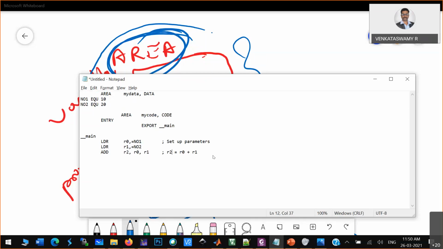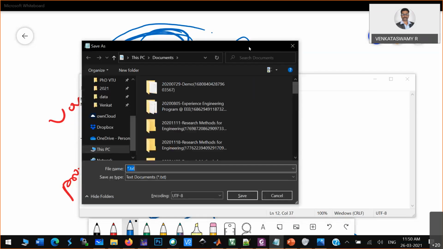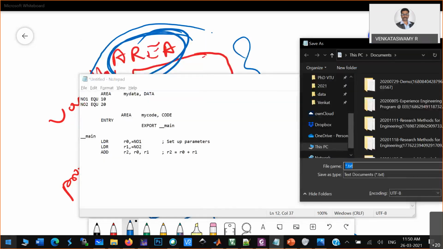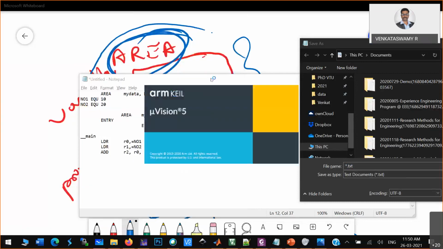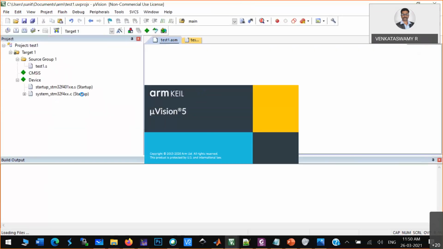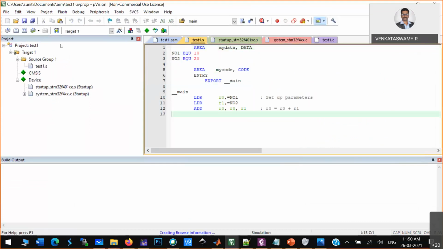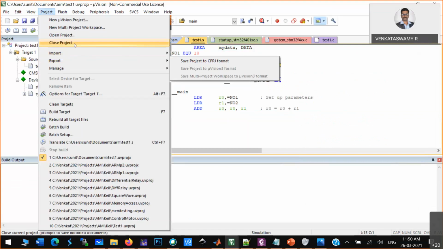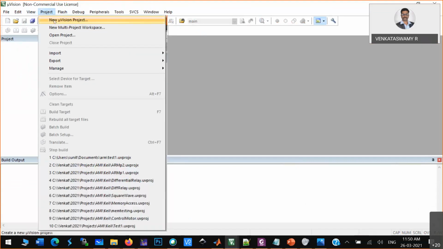Now I'll try to run this particular program in Keil. You just have to open Keil, just see the procedure. It takes only 2 minutes. So I'm just opening Keil now. I just wrote this program, but I'll do it from the beginning. Now I'll close all the projects. Now project, new project,